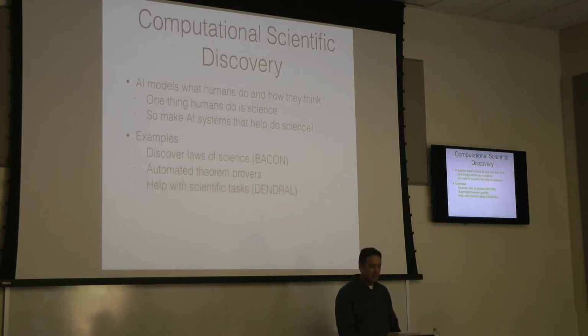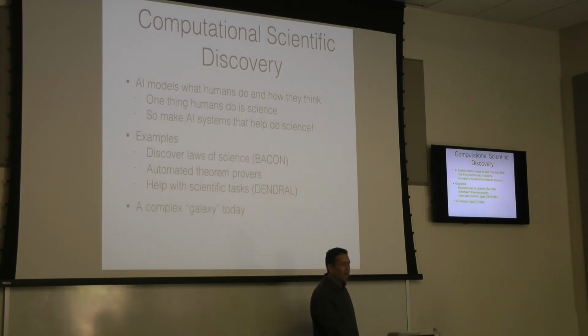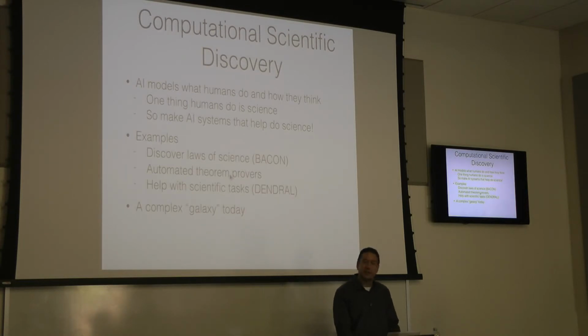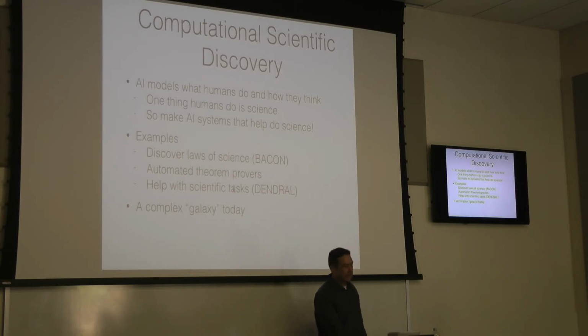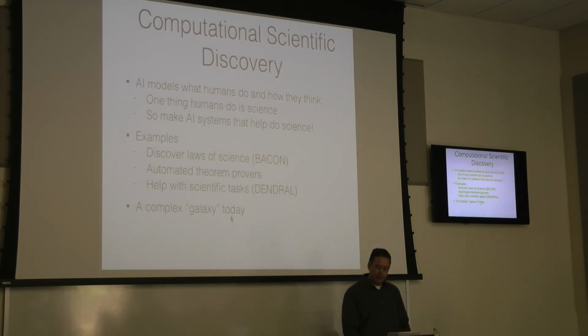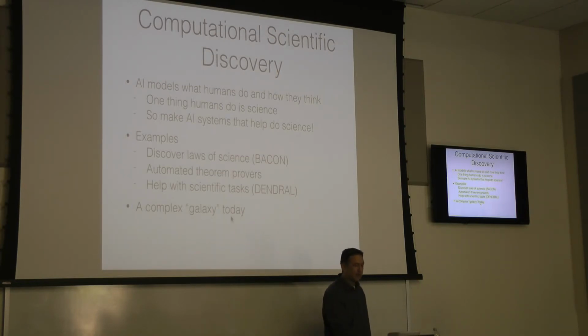And they had systems that helped with scientific tasks, like analyzing mass spectroscopy data. And all of this stuff has lingered. Computational proofs are still out there. There are things that are only proven because of computers' help. Clearly, spectroscopy is something that's assisted by computers today. And there's a whole galaxy of approaches, with no one name for it: discovery informatics, computational discovery, the stuff that Langley's still around and doing.